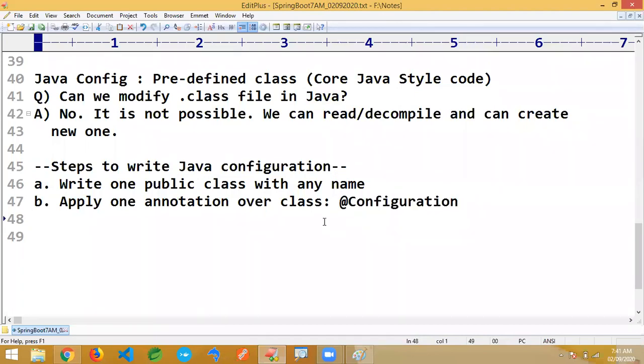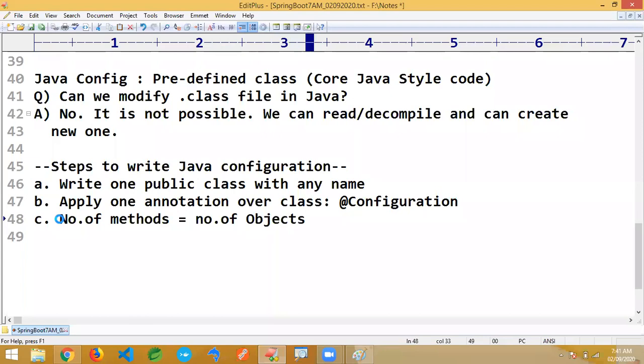Step number 3. Do you want to create one object? You want to inform the container to create one object, then you have to write one method in this class. Generally a class contains variables and methods. If you want to create one object, then write one method inside this class. As a basic formula, number of methods equals number of objects.